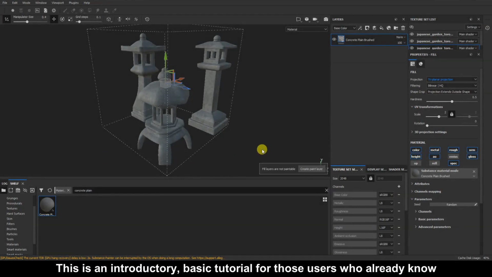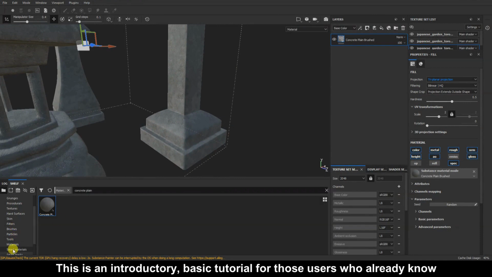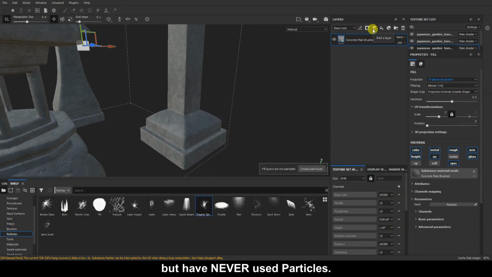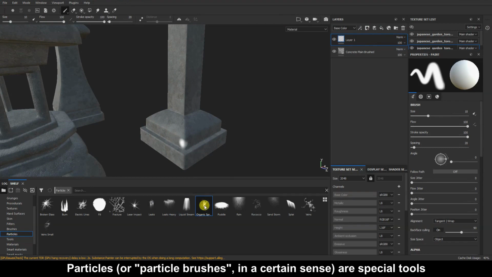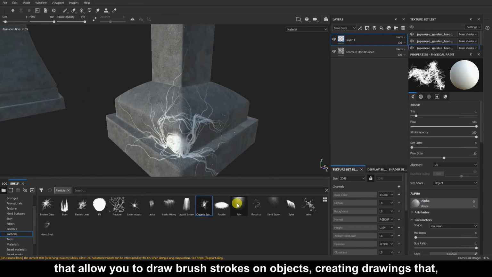Hello everyone. This is an introductory, basic tutorial for those users who already know something about materials, brushes and layer masks in Substance Painter, but have never used particles. Particles, or particle brushes, in a certain sense, are special tools that allow you to draw brush strokes on objects,